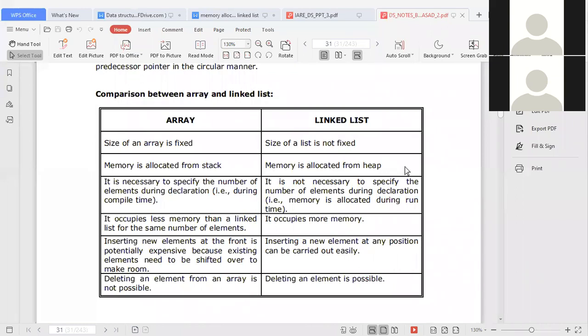Why? Because the same thing we can observe in our cell phones also. Yesterday also I discussed this one. Whenever our memory is supposed to be filled, our operating system, suppose you are using Android OS, or otherwise you are using iPhones, iOS, it tries to delete unused space in your mobile.